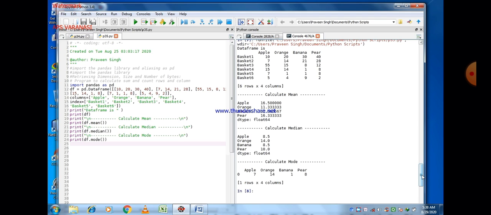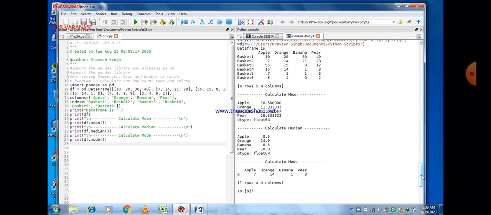So here you can see that first the mean will be calculated along axis 0, means you can easily see that apple, orange, banana, pear. So these are the names of the columns here.